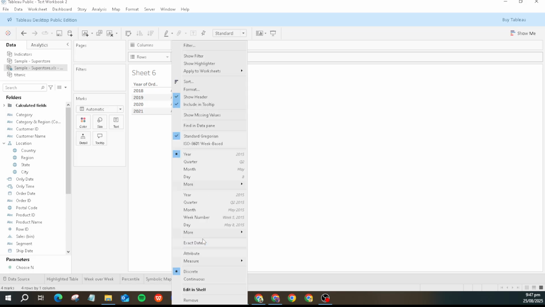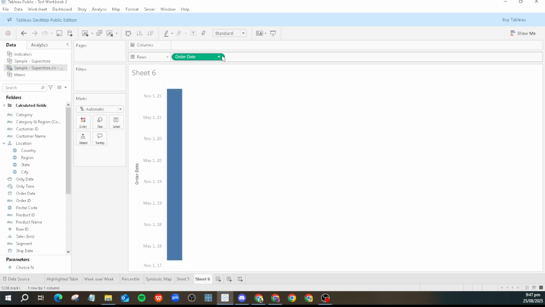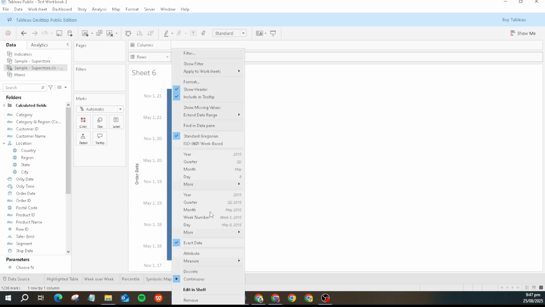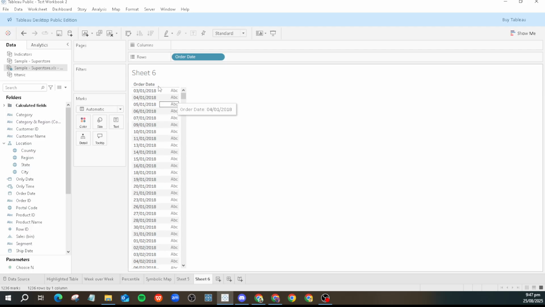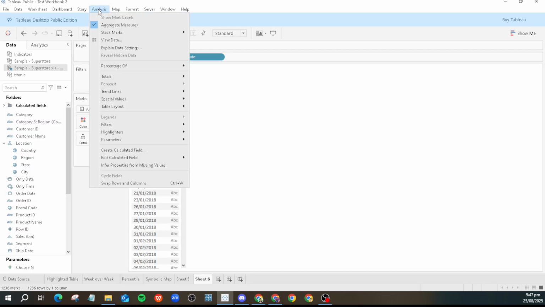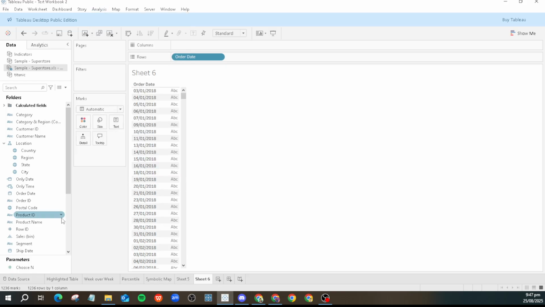Now let's begin by dragging the Order Date field to the rows shelf. This will display your data along a timeline. Once you've done that, it's important to change the data to exact date and set it as discrete. This step ensures that we can view and manipulate precise timestamps individually. You can do this by clicking on the Order Date, then choosing Exact Date from the drop-down and setting its